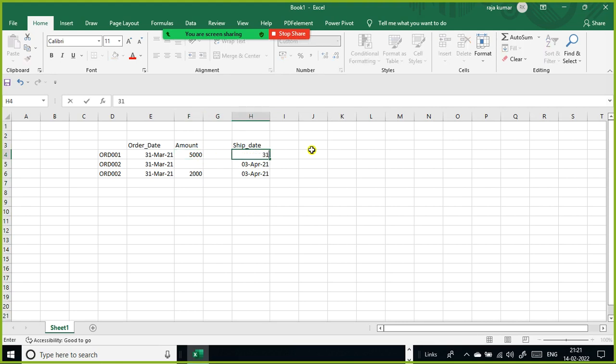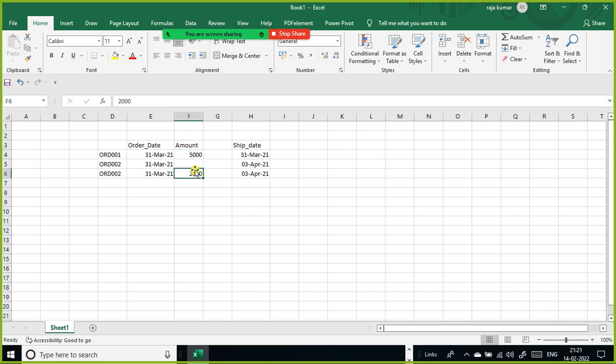Let's assume that for the sake of argument. So 31 March. The same day, ship date and order date same, and the amount is same.